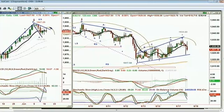And what happens is there's a little bit of a bounce, but that bounce is walking the 9-period moving average. You can't break away from that at 1926. And there's a downtrend line which I drew, which was hit exactly at 1935. The stochastic and MACD are very poor, and that's saying to me that the internals are weakening, that you might